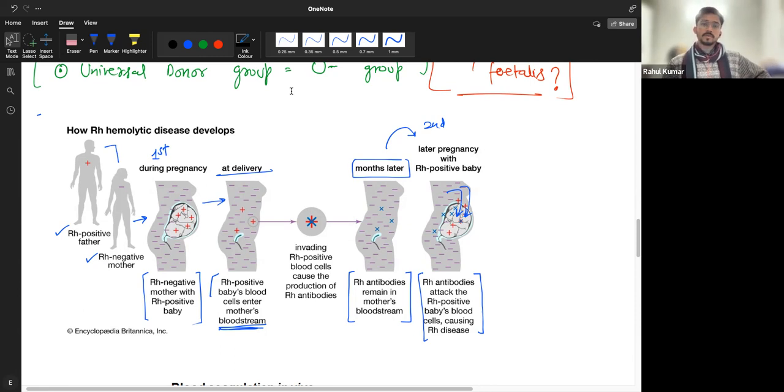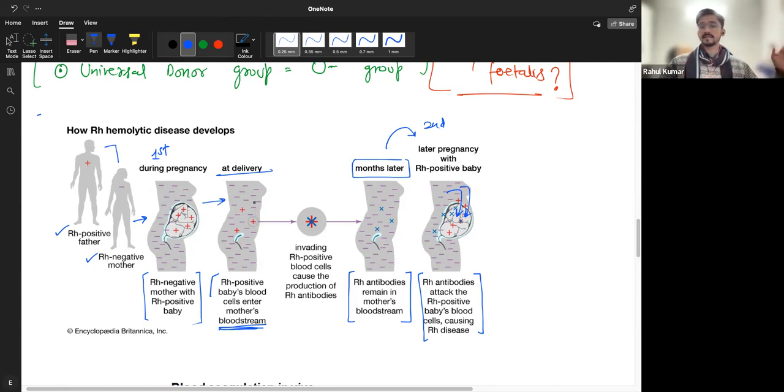No, Waziha. So during the first pregnancy, anything can happen. The mother has to be Rh negative for erythroblastosis fetalis to happen. If the mother is Rh positive, it is not a problem at all, and whether the baby is Rh negative or Rh positive does not matter. But if the mother is Rh negative and the first baby is Rh positive, then during delivery, if some of